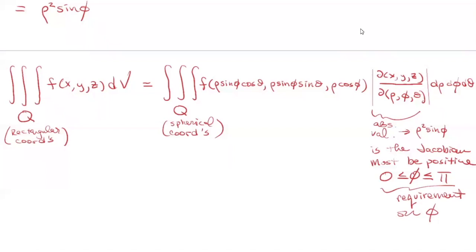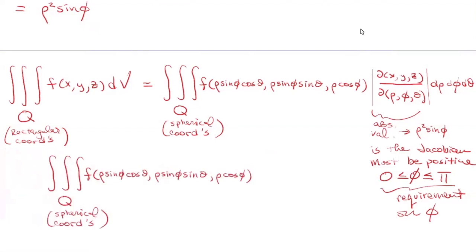But it'll work just fine. Longitude and latitude, that 180-degree range from 0 to pi for latitude, has never been a problem, and it won't be a problem. We restrict it to this 180-degree range, and that'll make sure that we don't have any problems with our Jacobian going negative. Okay, so all that is to say, the final form here, let's just rewrite this,